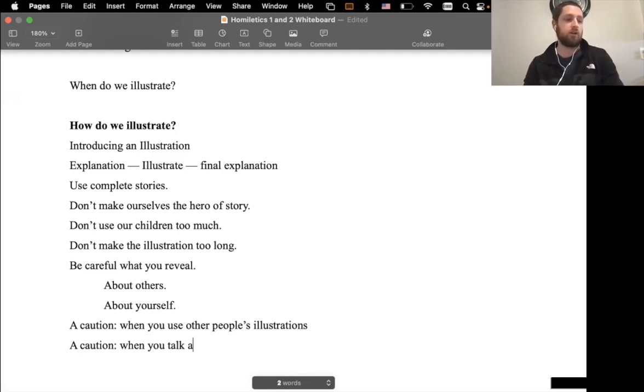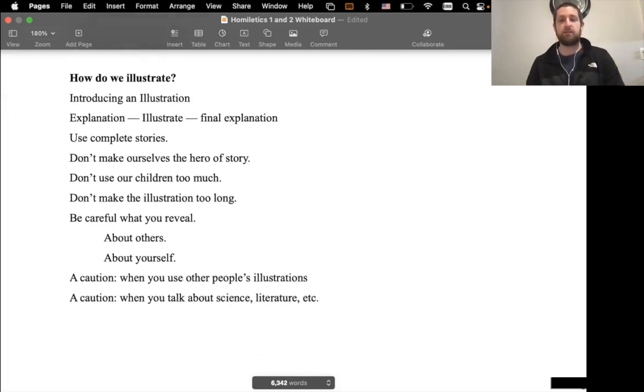When you talk about science, literature, etc., make sure you're accurate. Don't talk about things you don't understand as if you understand them. If you use an illustration from science and you clearly have no clue what you're talking about, and you simply are using someone else's illustration, and you act like you talk about it authoritatively,